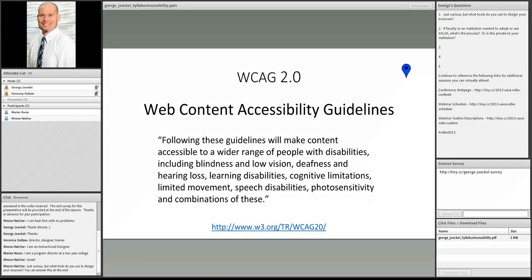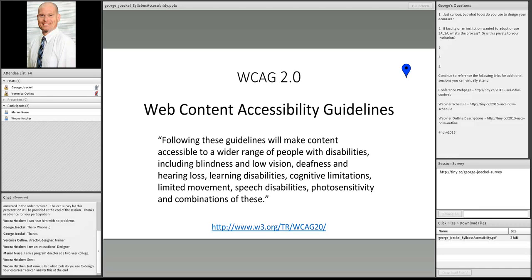So WCAG 2.0 is the current Web Content Accessibility Guidelines standard that people are following. This is what a lot of states are writing their own legislation to. I'm not sure what percentage, but some institutions have their own accessibility standards that reference this, and it's the gold standard, or platinum, or the best metal that you can think of in terms of web accessibility. And this is part of their statement.